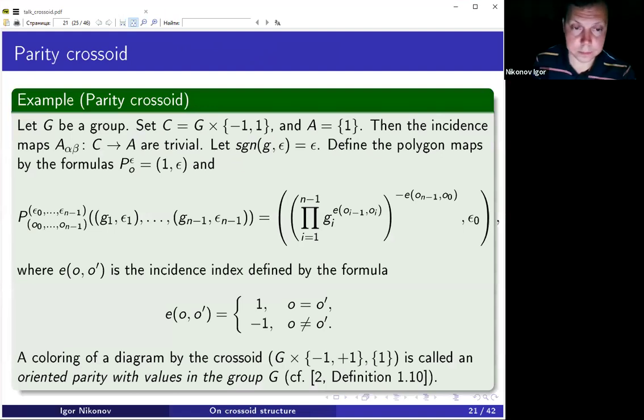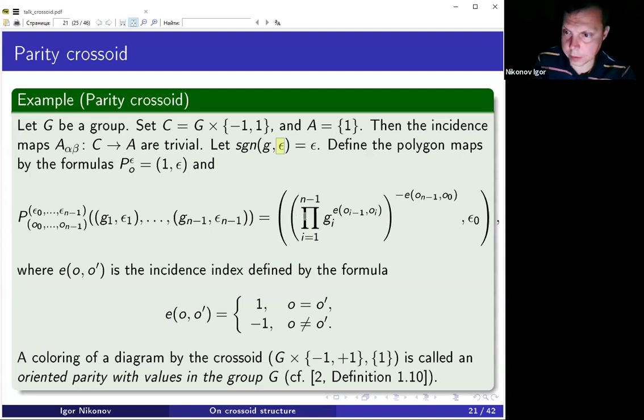And now let us pass to examples of crossoid structures. The first one is the parity crossoid. We take any group G and consider G times {-1, 1}. And in this case, the set of colors for arcs is trivial. So we have only colors of crosses. In this case, the incidence maps are also trivial. The sign map is just, we take the second component of the pair, (g, epsilon), and the polygon maps